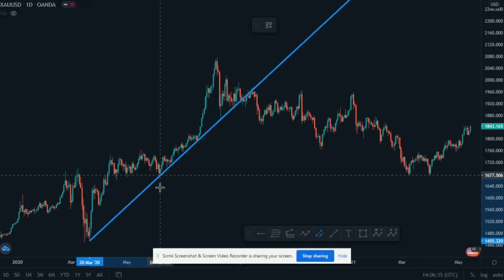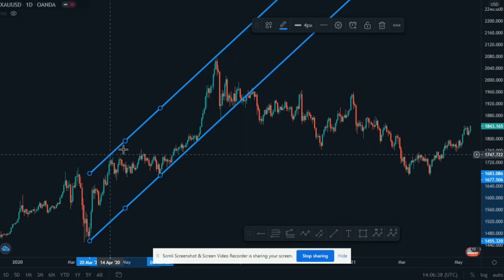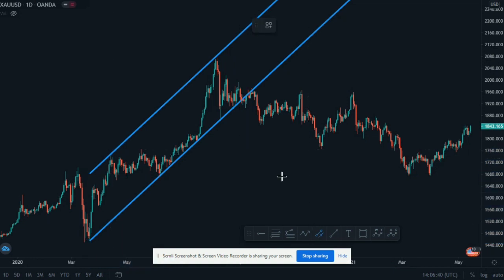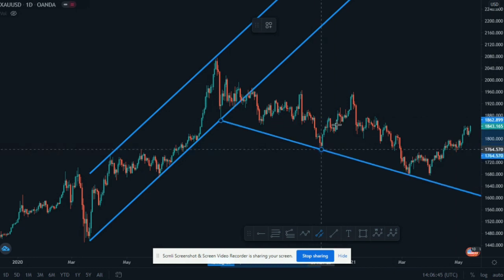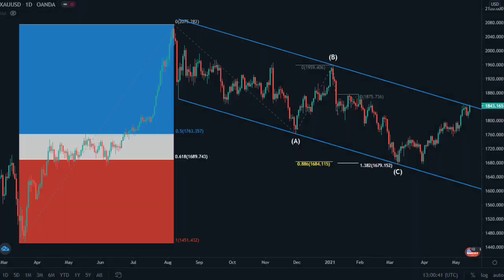Now you know how to draw a parallel channel, and how to get the top and bottom of the channel. This is why you know how to trade a parallel channel. Because as a beginner trader, all of you bought gold at the all-time high, and are still waiting in loss in hope it will go to 3k again. We can finish the video here. With this information we could get views and subscribers, but what will you do in a bearish parallel channel? This was the daily chart. How will you trade on the H4 time frame?